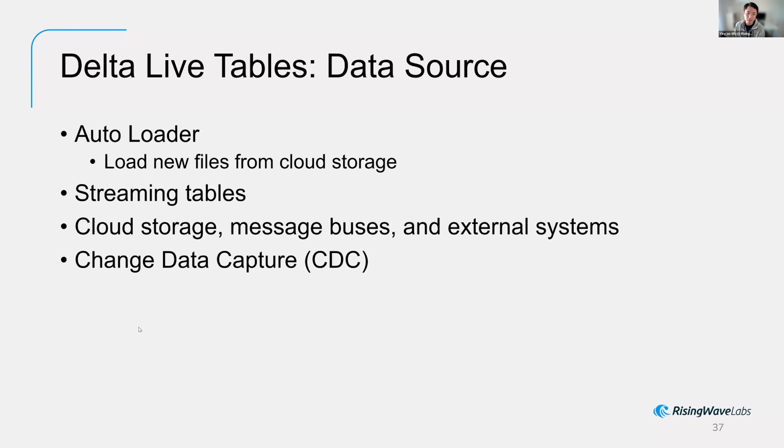They also support CDC, change data capture, meaning that if you have an operational database like Postgres or MySQL, they can capture the data changes and load the changes into Databricks.